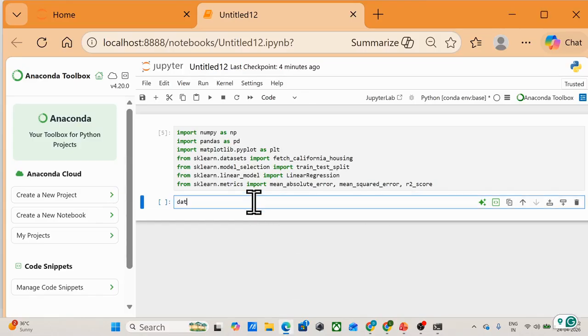So we have already imported the data as you have seen earlier. Okay, and then again we'll fetch California housing.